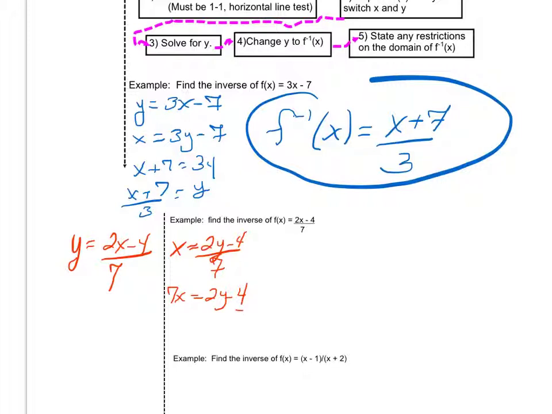And now I can add the 4 and then divide by 2. So 7x plus 4 equals 2y, and (7x plus 4) over 2 equals just y. Now that I've found my inverse function, I have to label it with what it is. So my function was f, so I'm going to say f inverse of x is equivalent to (7x plus 4)